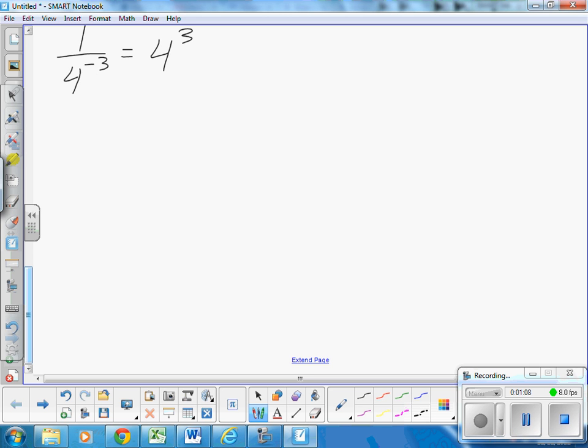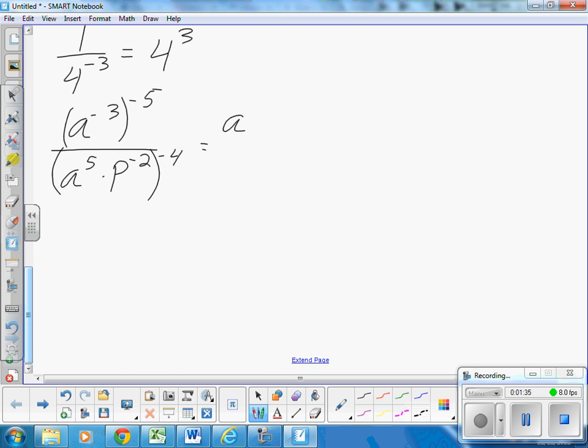the problem is a to the negative 3 to the negative fifth power divided by a to the fifth power times p to the negative second power, and all of that is to the negative 4 power. First of all, I'm going to get rid of my exponents to an exponent. That means I multiply my exponents because I have a power to a power. So this will be a to the 15th divided by a to the negative 20 times p to the positive